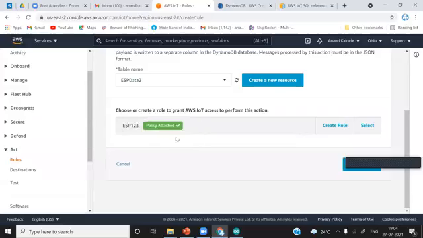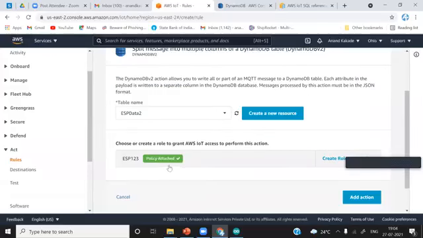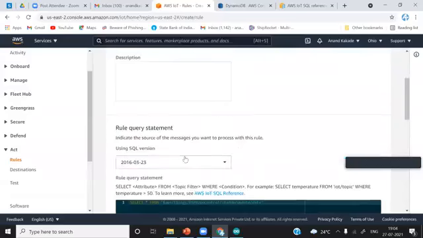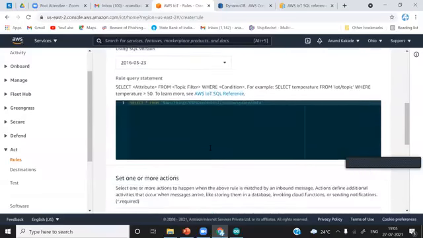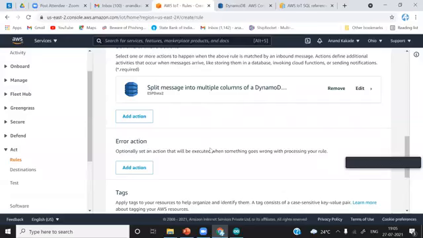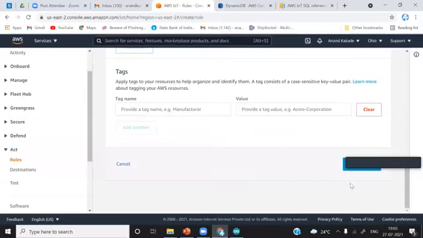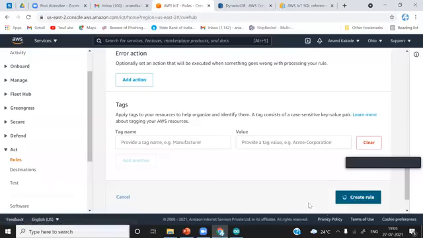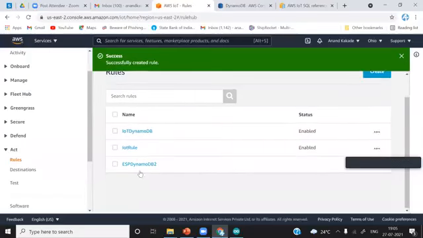Create role. We have created it and attached the policy. After this, add action. We have added the action. Then simply create the rule, and we have created this ESP DynamoDB 2 rule.